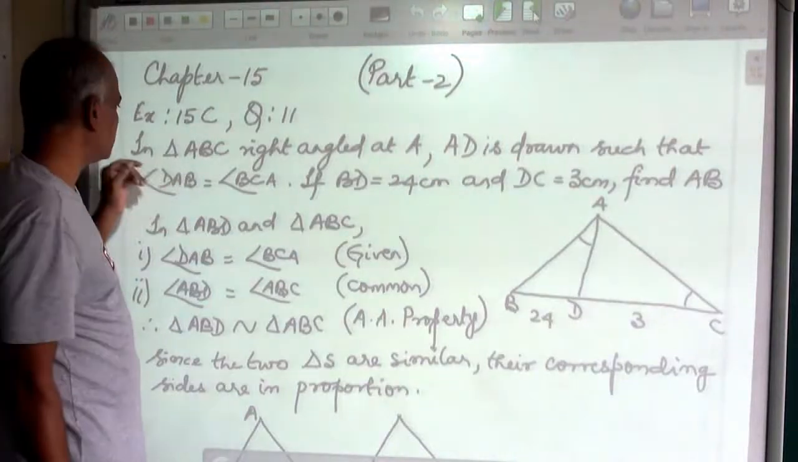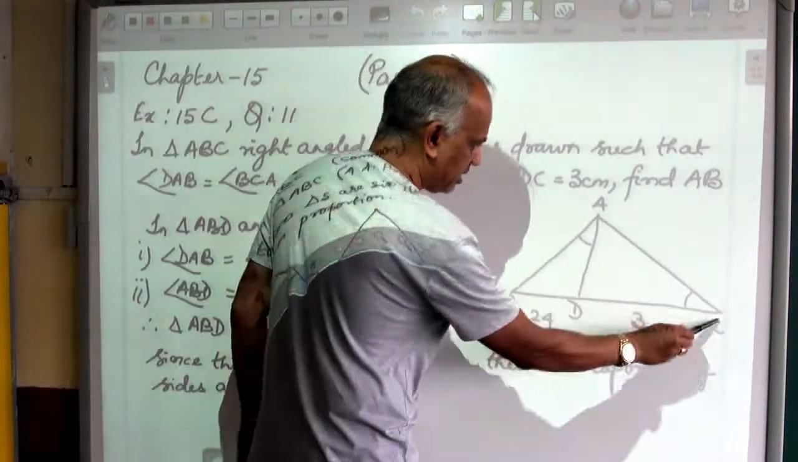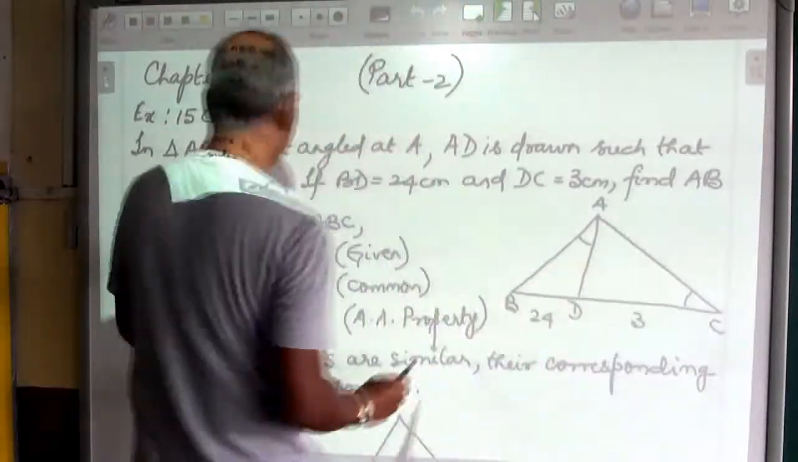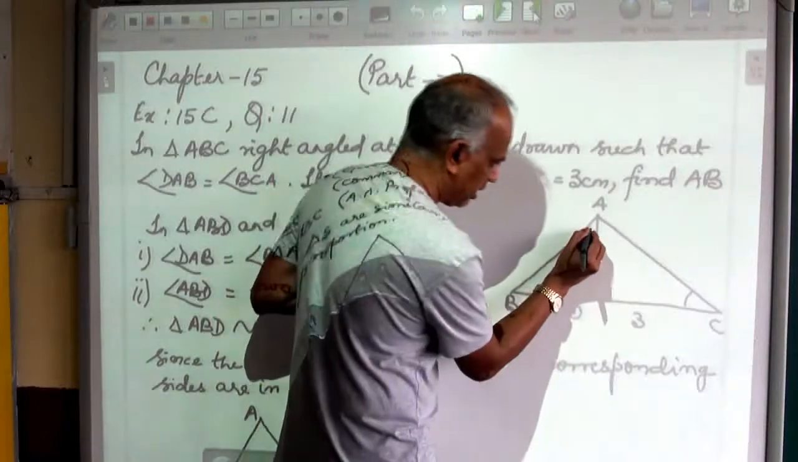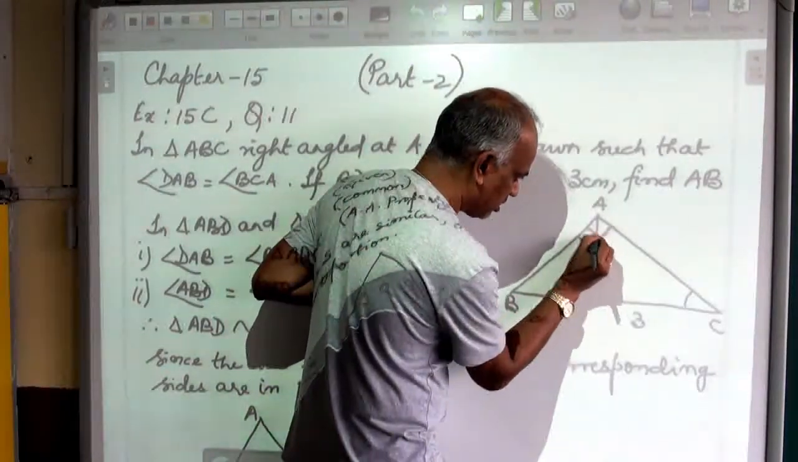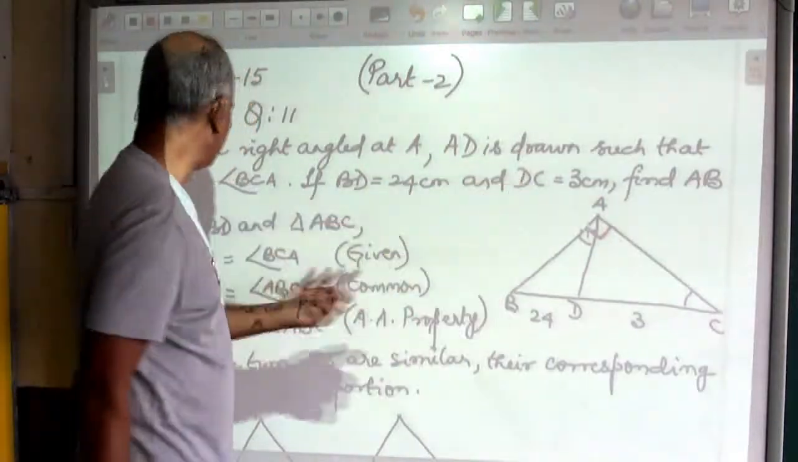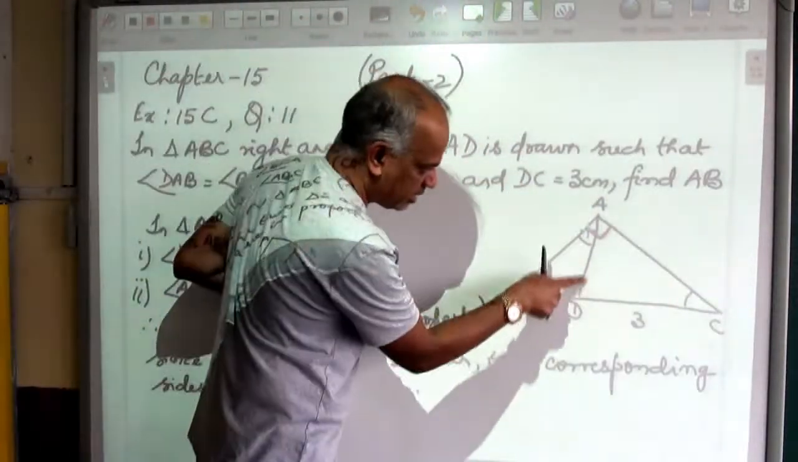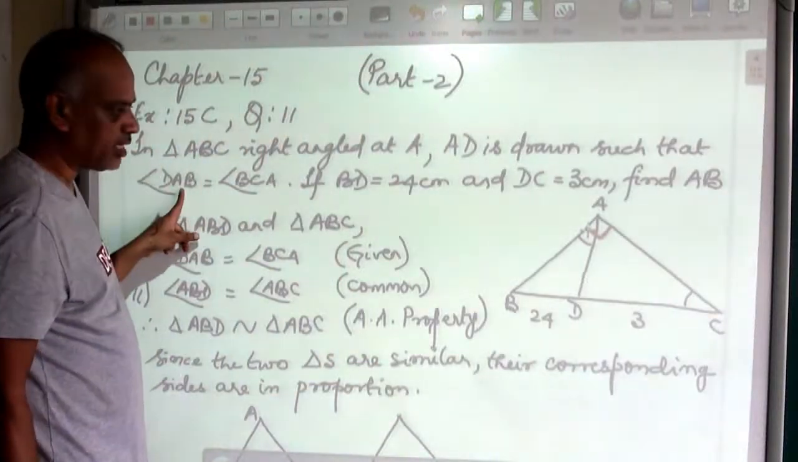Let's go back to the question. In triangle ABC, this is the figure given. ABC is the triangle. In this triangle, which is right angled at A, the angle here is 90 degrees. The whole thing is 90 degrees. AD is drawn such that this line AD is drawn such that angle DAB,